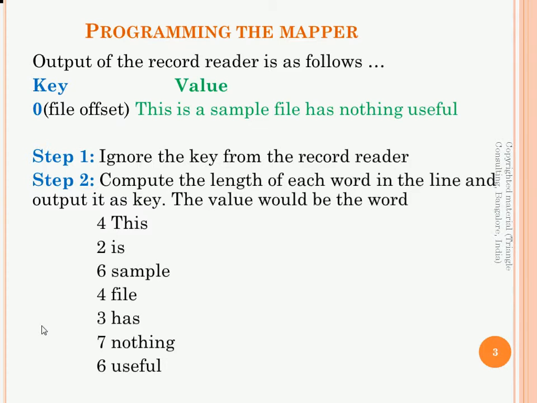I'm not going to explain what exactly a record reader is in detail because all that explanation has been covered in the previous videos. So you pretty much know that the record reader is going to give you a key and value pair after processing each line of the input split. The key is going to be the file offset and the value is going to be the entire line. So this output of the record reader is now going to go as an input to the mapper,